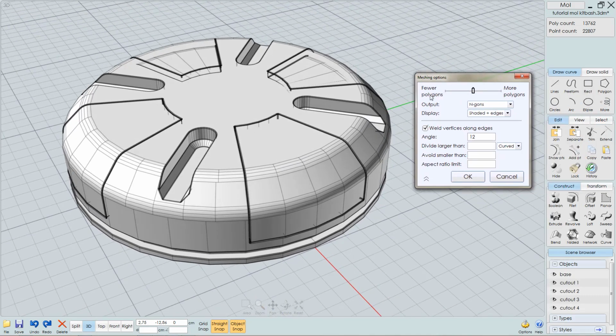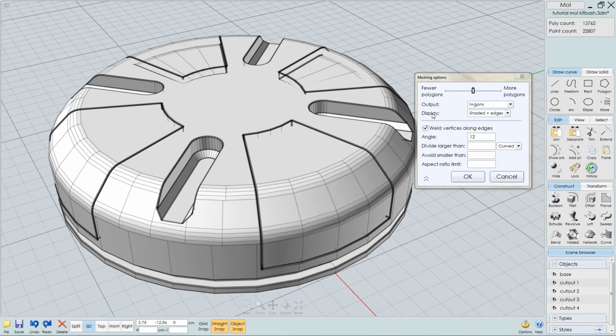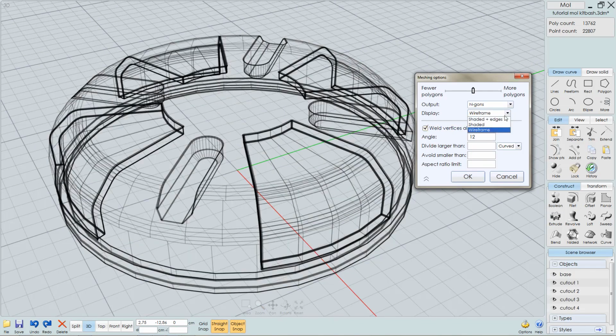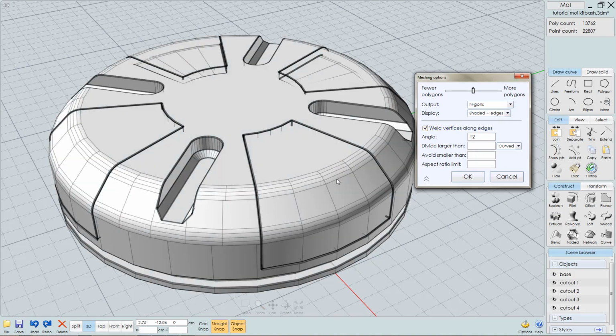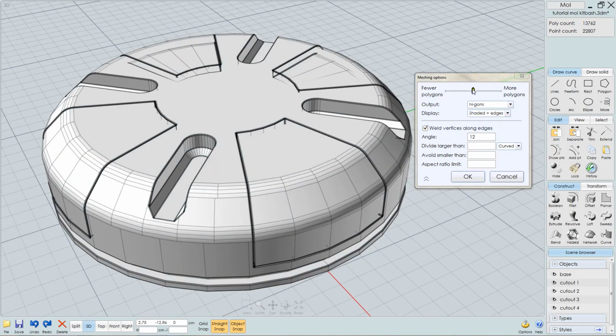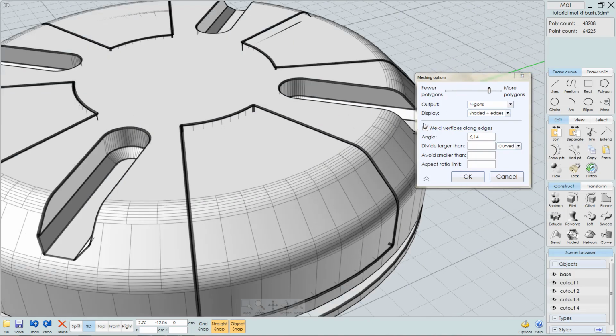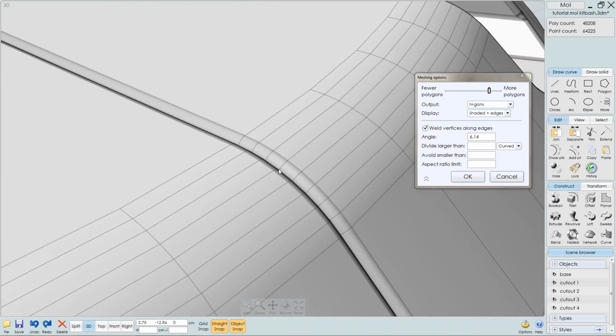So over here we have our meshing options, and by default MoI will output n-gons, which is fine with me. And you have a display option, which is shaded and edges. You can change that to just shaded or just to wireframe. I'm going to keep that at the default. And you can choose to export a lower poly object or a higher poly object, but still the detail on